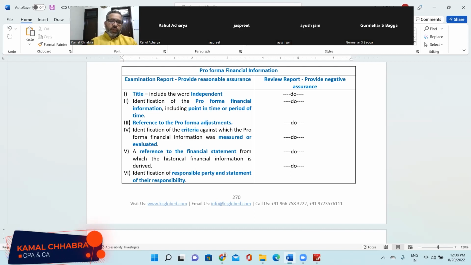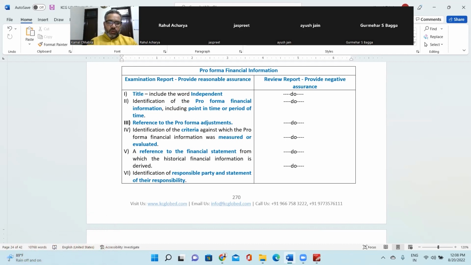So what will be your report? In your report, you'll be mentioning the title independent CPA report. As this is an examination report, independence is mandatory. For which type of report is independence not mandatory? Compilation report. Compilation and agreed upon procedures? No, attestation. In preparation engagements and compilation,